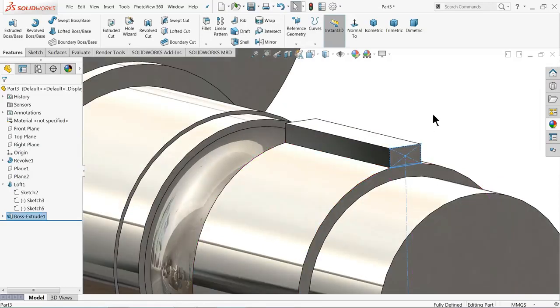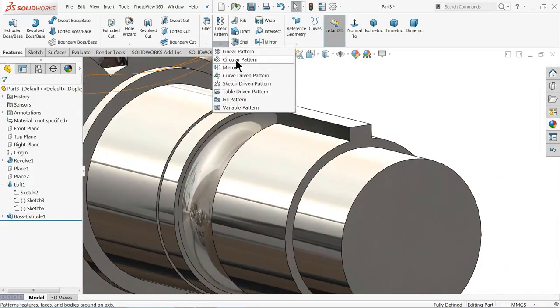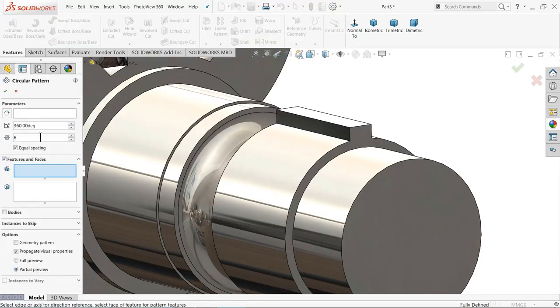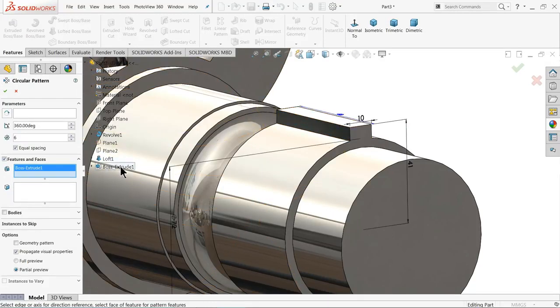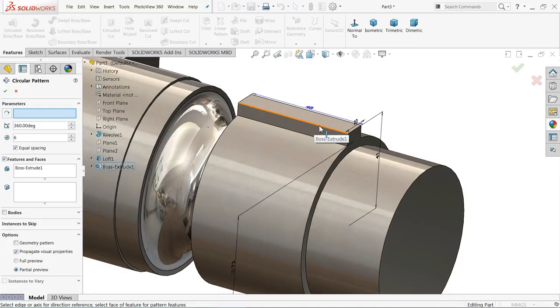now let me choose multiple number of patterns. So how we will do this one? You can directly select here circular pattern. Here select feature. So feature, directly you can drop down the menu, extruded boss base, and here you need to define the path.